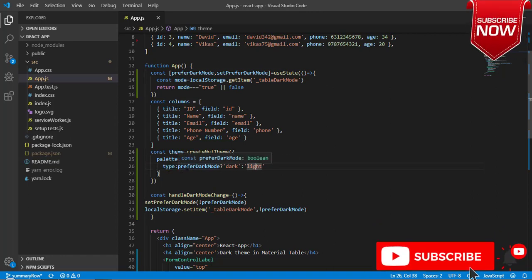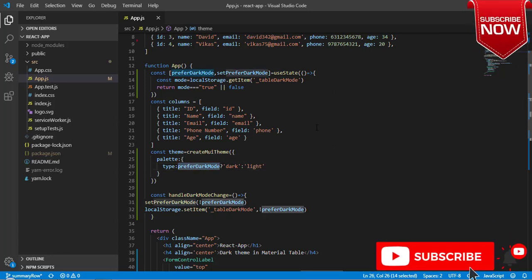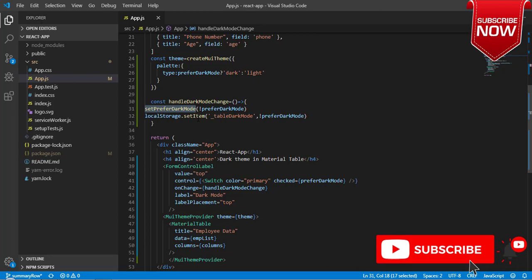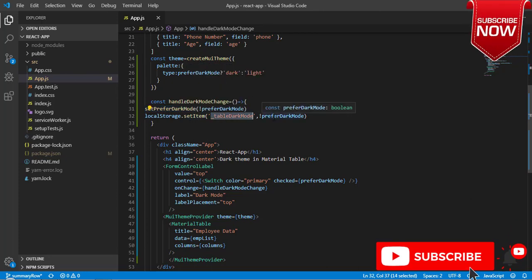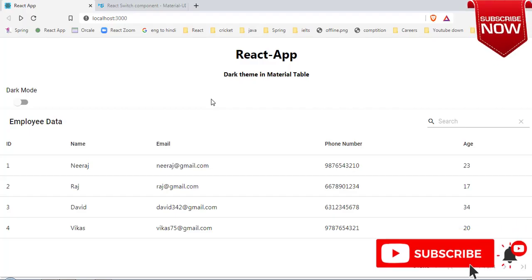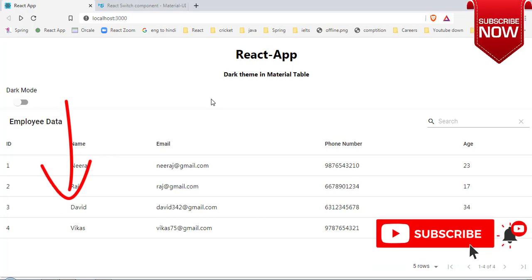Based on this state we are changing the type. On click of this switch we are setting this value, and again we are setting it to the local storage, and while reading I am reading for the first time from the local storage.